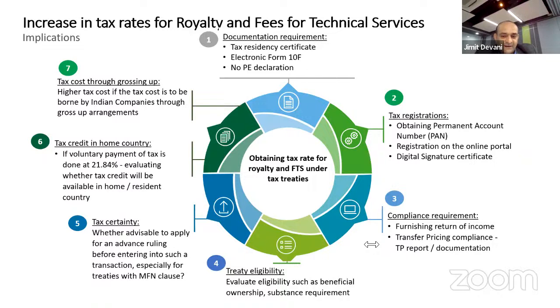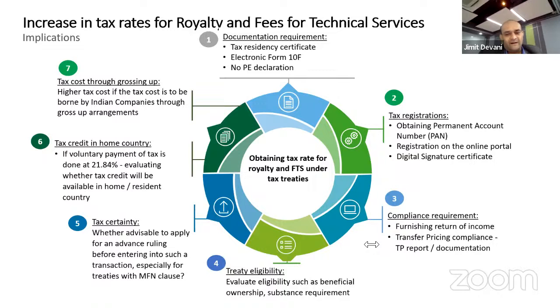From where can we check the date of signing of the treaty? The treaty itself has the signing date. You will come to know the notification and everything. Subscription paid by the employees through credit card, Form 15CB. Yes, that's another issue of 15CB. You need to be very careful when a software subscription is made. There are different issues which will come up on royalty, FTS and also the equalization levy. You need to be extremely careful when employees make the payment through credit card. Ideally, that's not the right way, because otherwise you will keep on violating the withholding tax provisions.